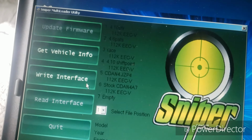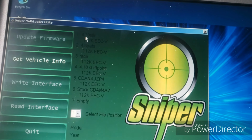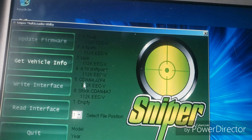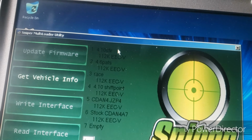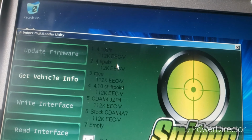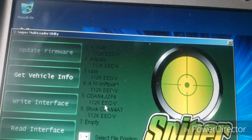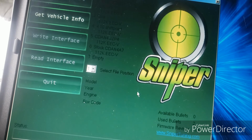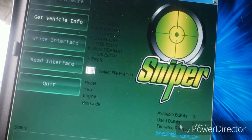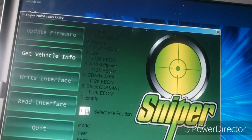You have 7 slots on the box. That's to hold 6 tunes, 1 stock. So as you can see, I have 410s firm shift, 4.6 Pats, race, 410 shift point, and 2 stock tunes, from a computer, hence why I have used bullets. So we're going to go and select file position